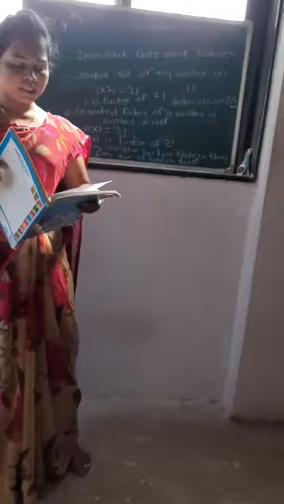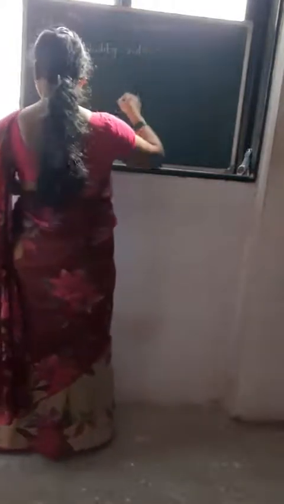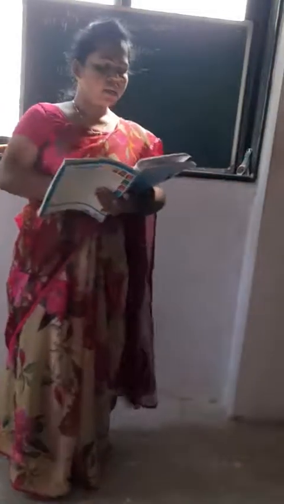Next point is divisibility rules. First rule is divisibility by 2. Any number which ends with